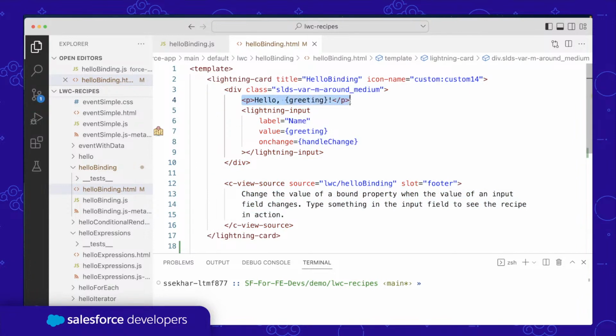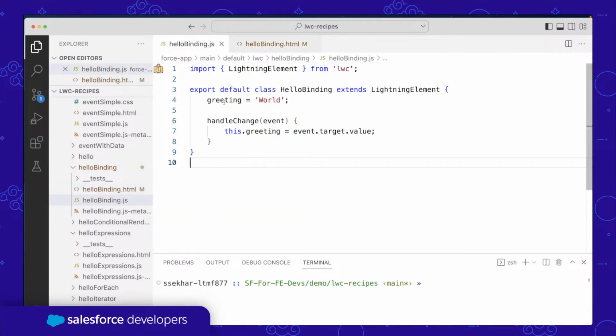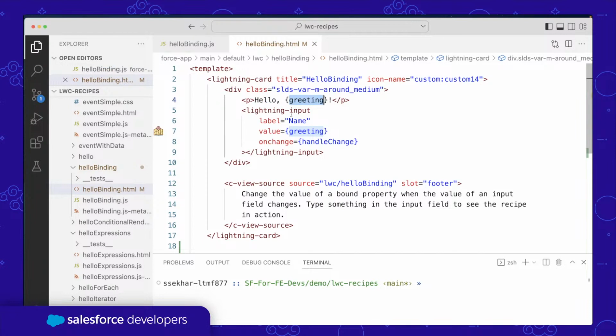The most important thing is this hello comma world. Earlier we said hello comma world, but here you can see a different kind of notation, a curly brace notation, a simple notation. With this notation, you can access the properties that are defined in your JavaScript file. In this JavaScript file, I've created a greeting property and initialized it to world. So when I deploy this code, it is going to show hello, comma, whatever value we have here, which is world. So it is going to show hello, comma, world, exclamation. So let's see,